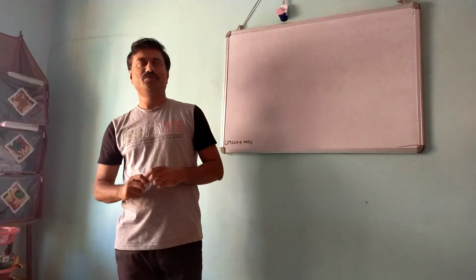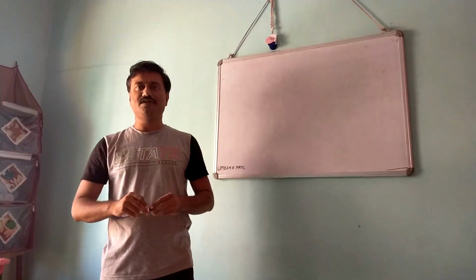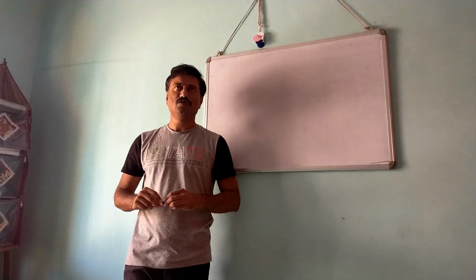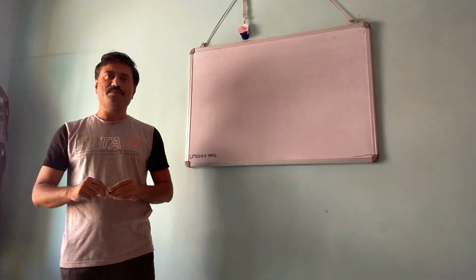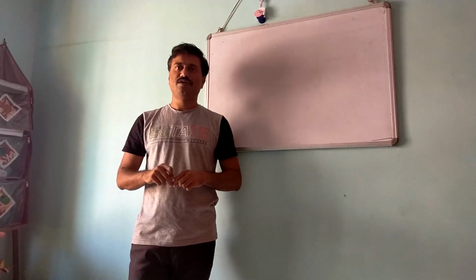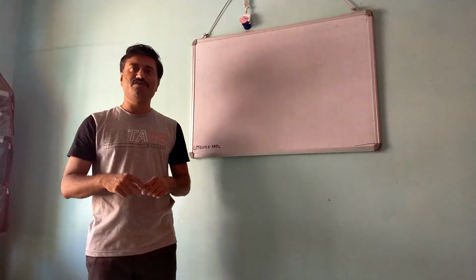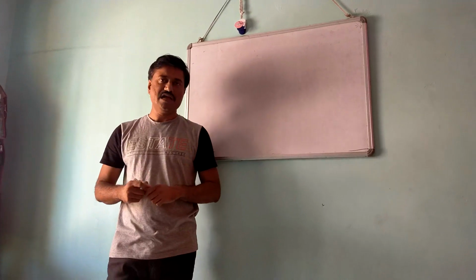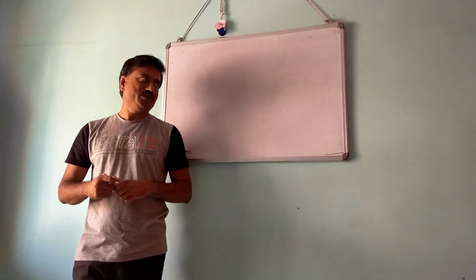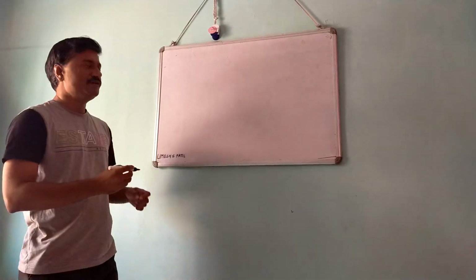We discuss today about the designation of the refrigerant. So as we know, there are four types of refrigerant. First one is halocarbon, second one is hydrocarbon, third one is the inorganic refrigerant, and fourth one is the azeotropic mixture. So today we'll discuss about designation of the